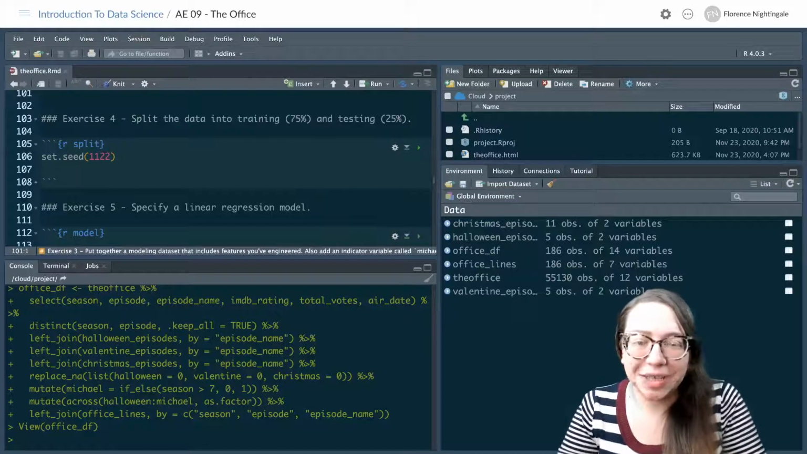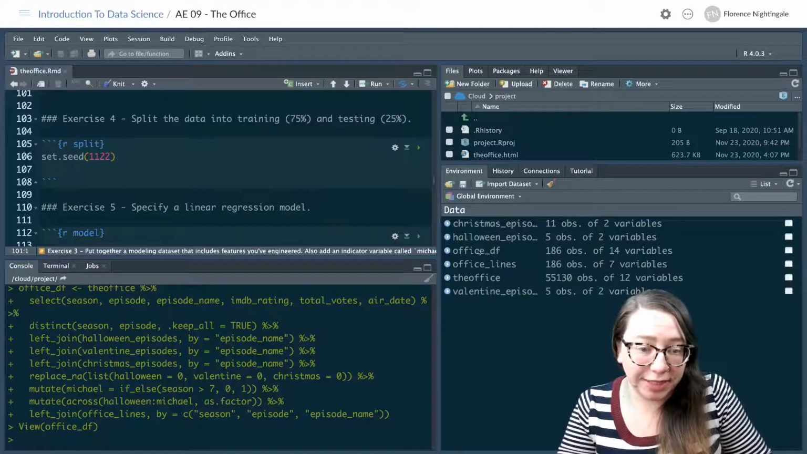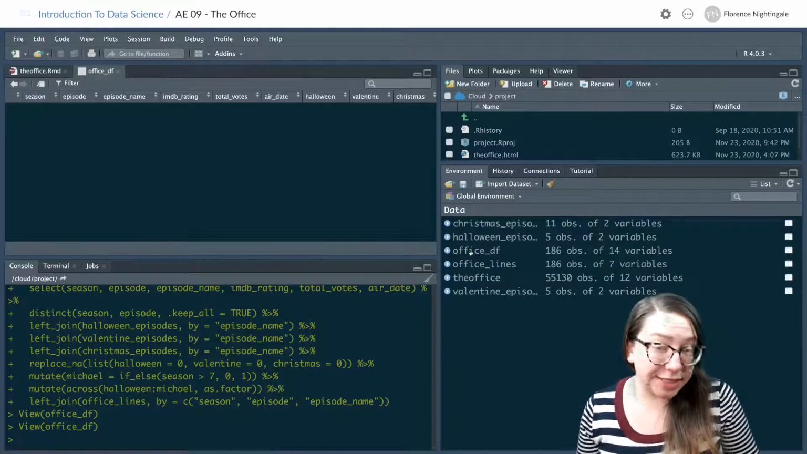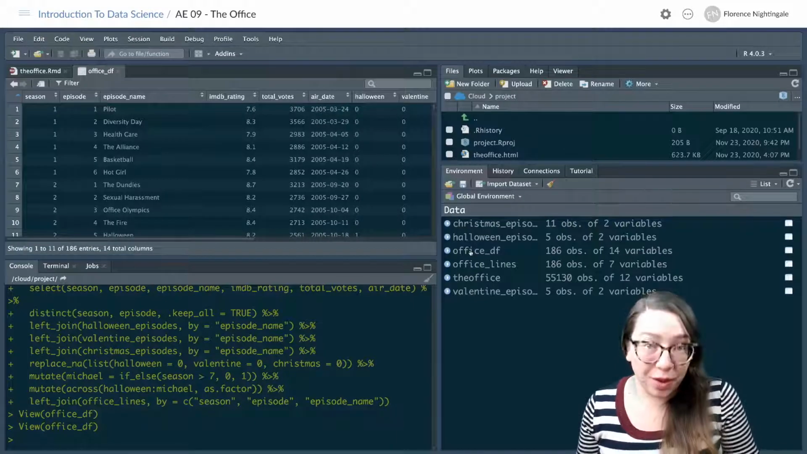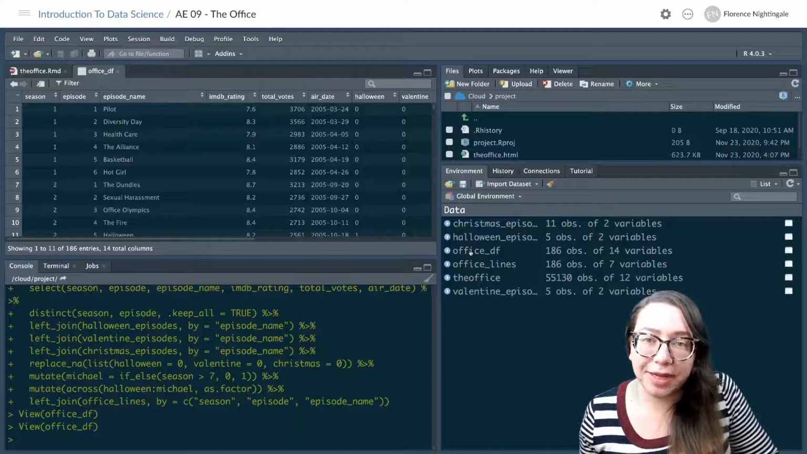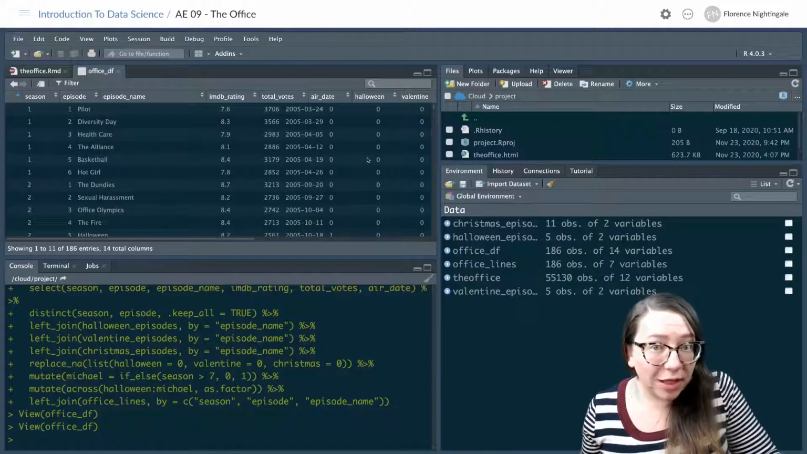All right, so let's continue where we left off. As a quick reminder, we have put together our modeling data set, which we're calling Office DF. That has 186 rows, one per episode of the show. And in addition to the metadata that already came with the package, we have calculated a few other